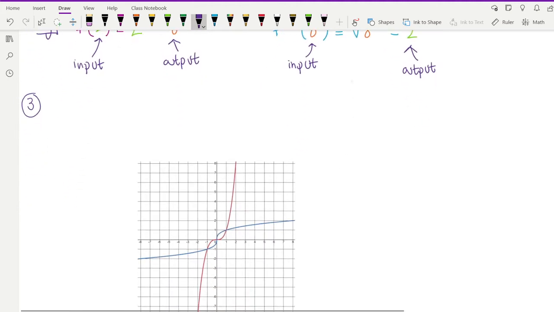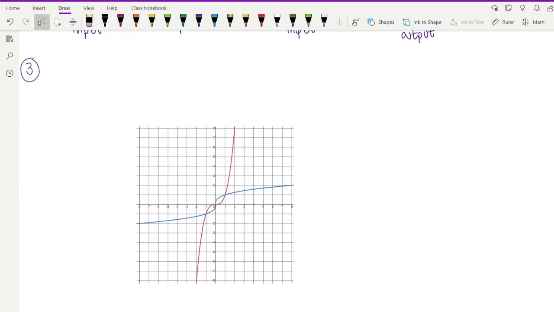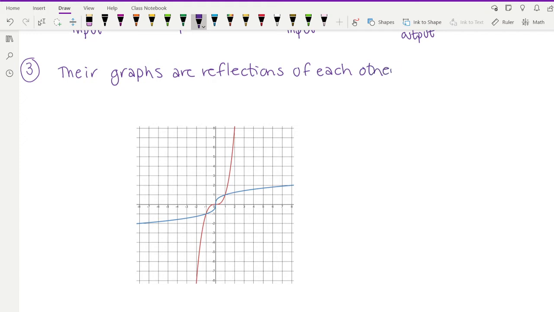Another thing, and we're not really going to get into this so much in this video, but it'll come up in the next video, is the relationship between an inverse function and its graph. So if you have a function and its inverse, those two functions, if you look at their graphs, are going to be reflections of each other. And specifically, they're reflected over the line y is equal to x, or I like to use the word about